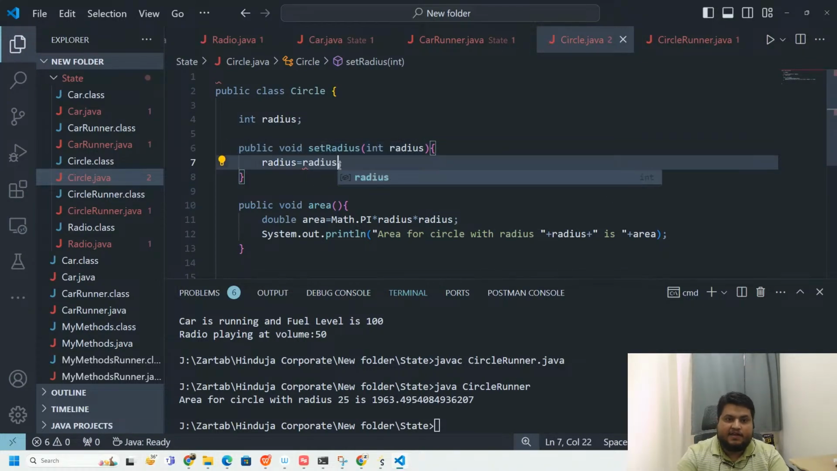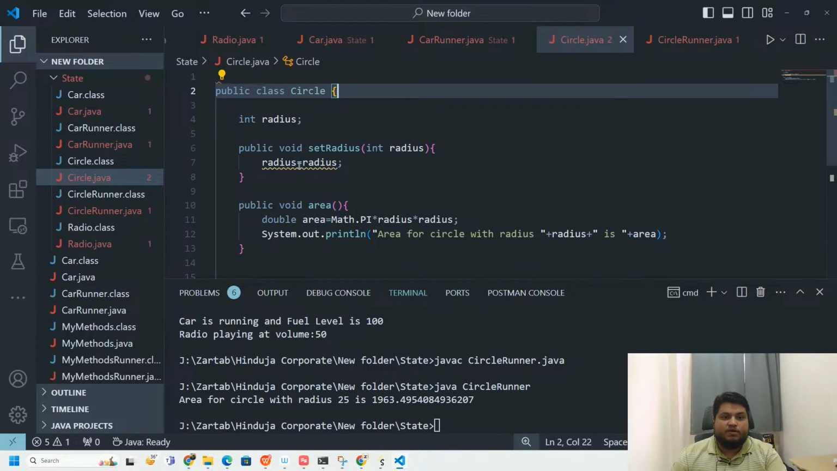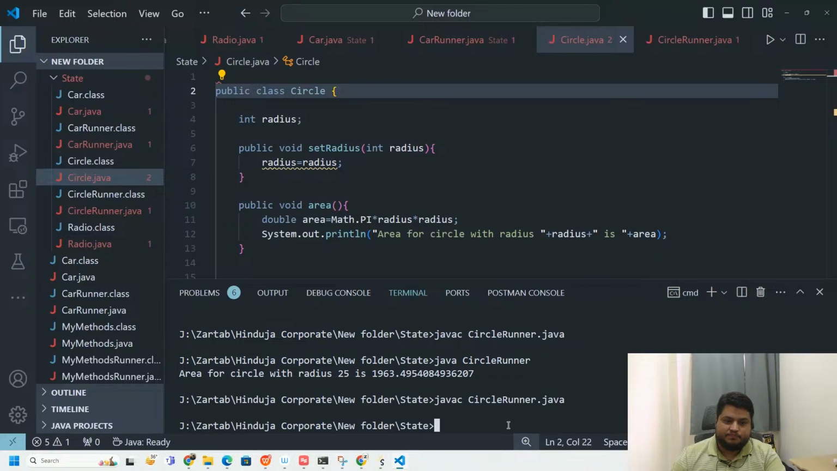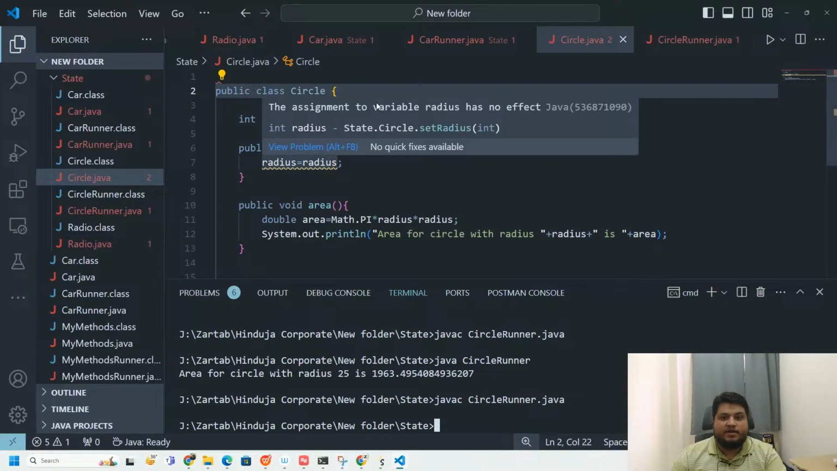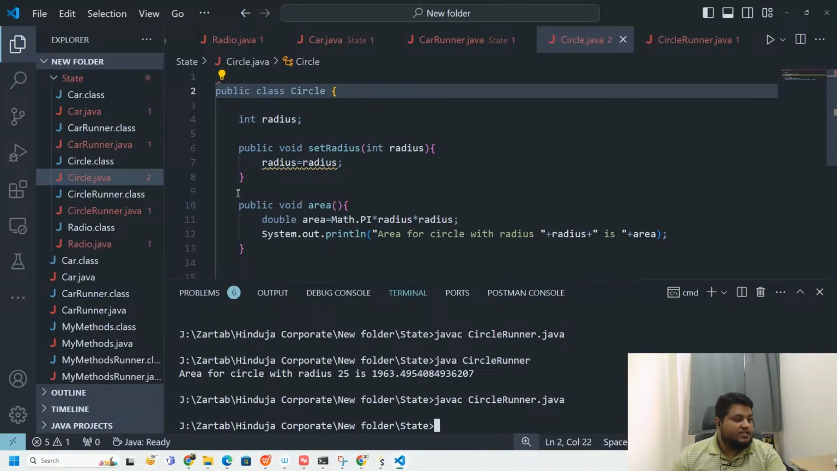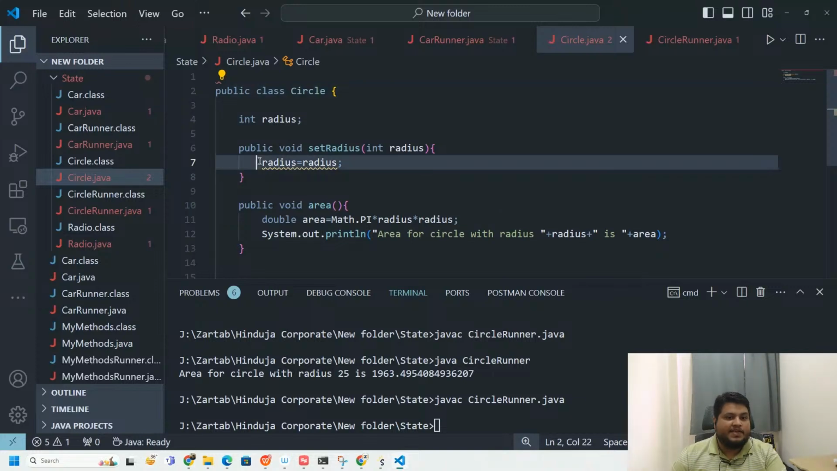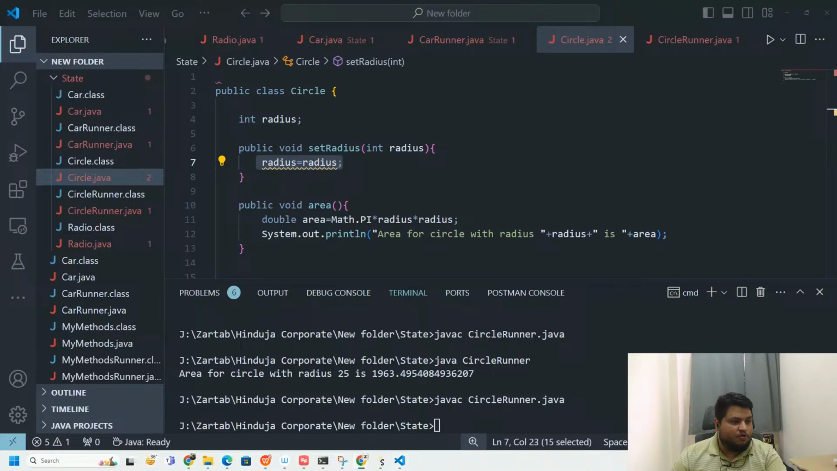See, radius is equal to radius. It will go into something called an ambiguity error. If I try to compile this, it is compiled. In earlier versions of Java, this did not used to get compiled. The problem was that the assignment to the variable radius has no effect, because it is not able to find out which one is the local and which one is the instance variable. Can you tell me, in this radius is equal to radius, which one is the instance, which one is the local? So for example,